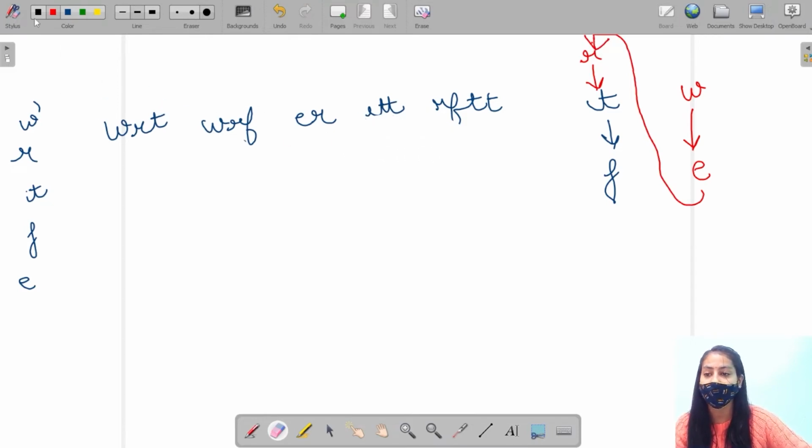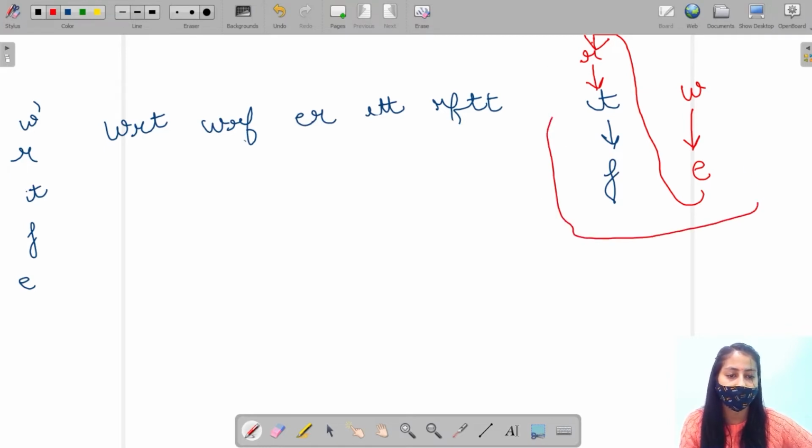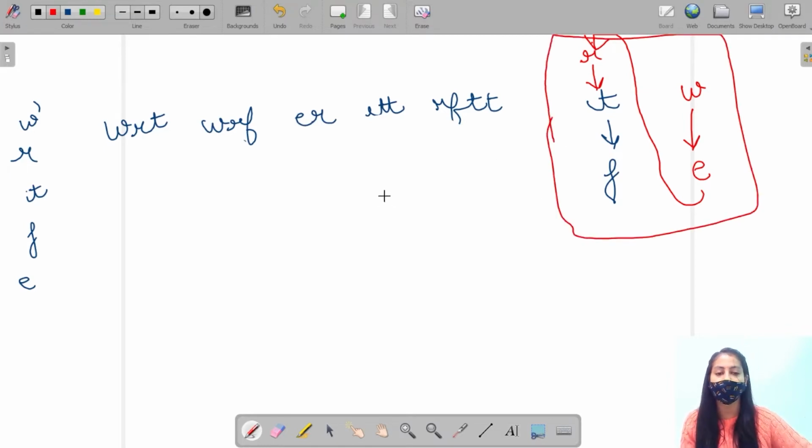So we are able to create this graph. Now what we will do, we will perform topological order. We will find the topological order of this graph, then that topological order will be the answer. That is, that topological order will give us the string of the unique letters. Now all the unique letters are covered in this graph.